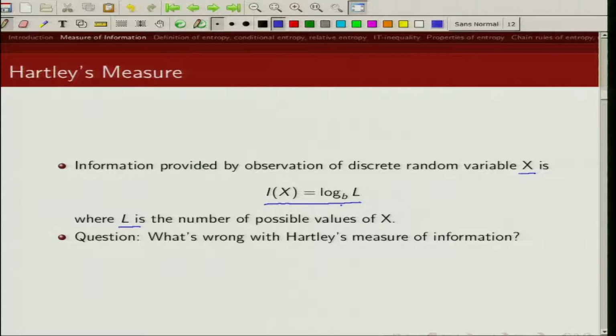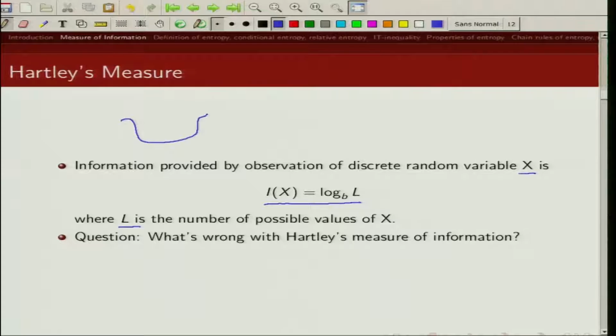Now note here, Hartley was able to recognize that to have information, a random variable should have multiple possible values. So something which is predictable, something which has a known value, does not convey any information. So let's consider tossing of a coin. If we are considering an unbiased coin, then with equal probability we will get head and tail, right? So according to Hartley, the information content here is log of 2.